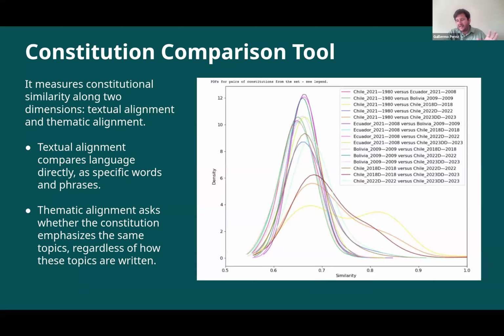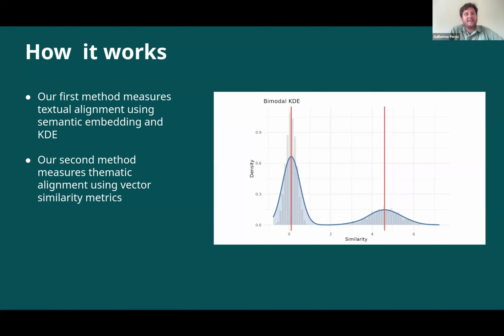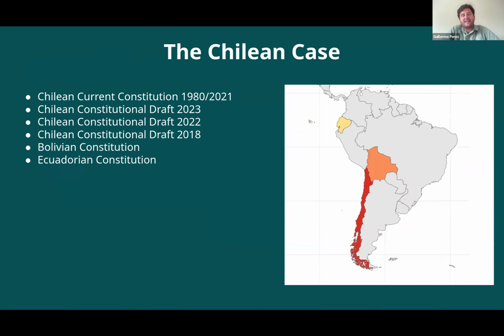We can delve into the specifics about the methodology in the Q&A, but in general, the important thing is that we have two methods, one that measures textual alignment and one that measures thematic alignment. I will show you some results. Next slide, please, Andres. And the next one, please. I will show you some results